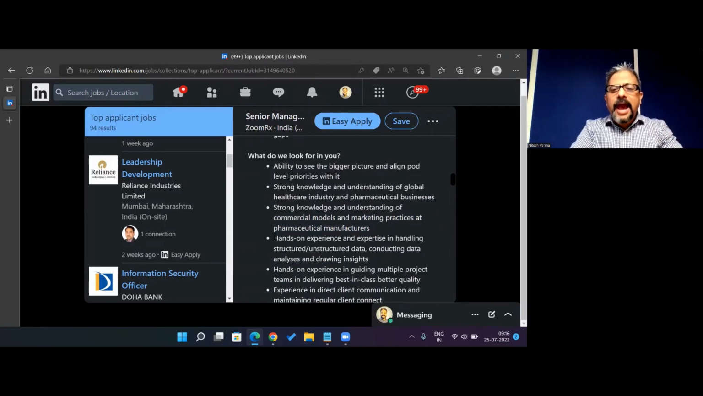Then you have hands-on experience and expertise in handling structured, unstructured data, conducting data analysis, and drawing insights. Now, as a business analyst, this is a key skill. So this, you really cannot judge during the interview. How comfortable is the person using analytics software, something as simple as a spreadsheet, Microsoft Excel or Google Sheets. What I would do is give the person, again, during a physical